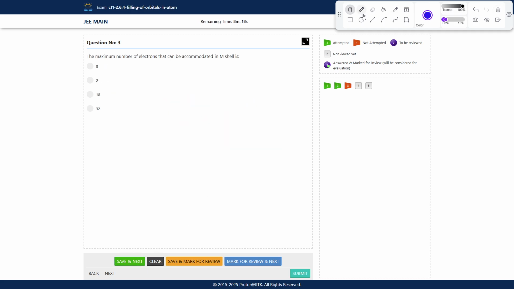Moving on to the next question. The maximum number of electrons that can be accommodated in the M shell is. I guess it is very simple. Now I would also encourage you to find the number of orbitals in this given shell. What will be the number of orbitals if I talk about the M shell? So K, L and M, that means 1, 2 and 3. So 2n square, you're using the formula, gives 18. Now what is the number of orbitals for this M shell? Anyone?